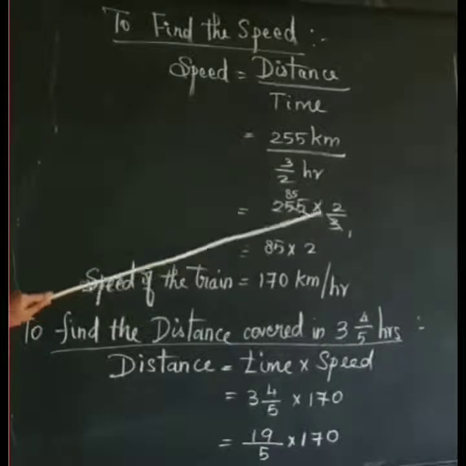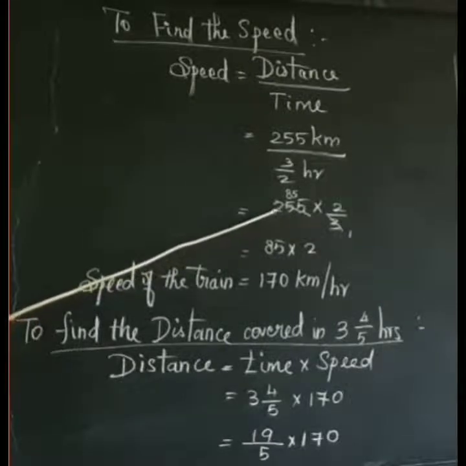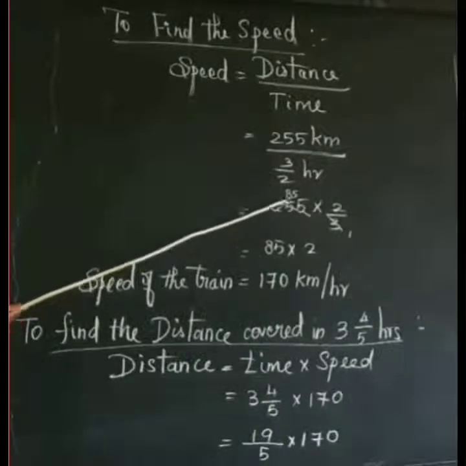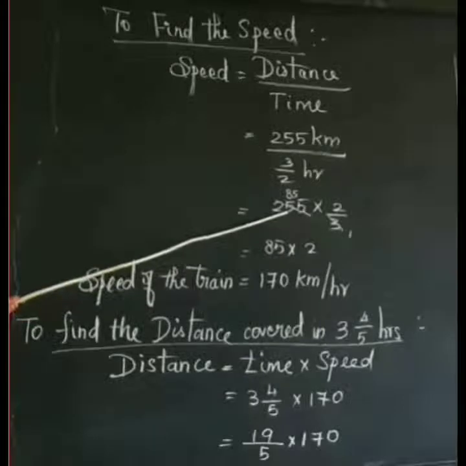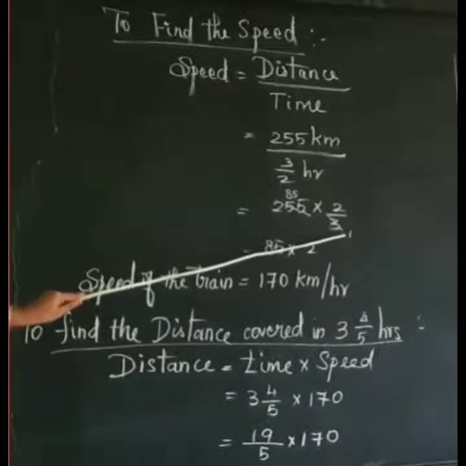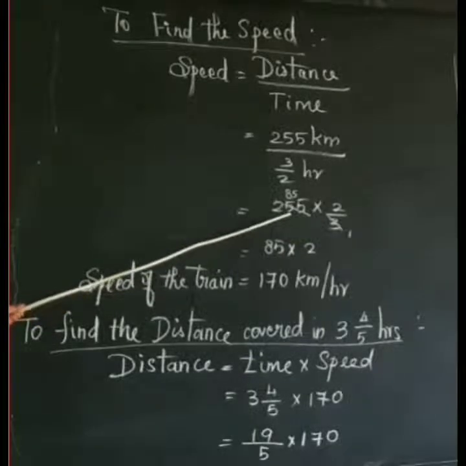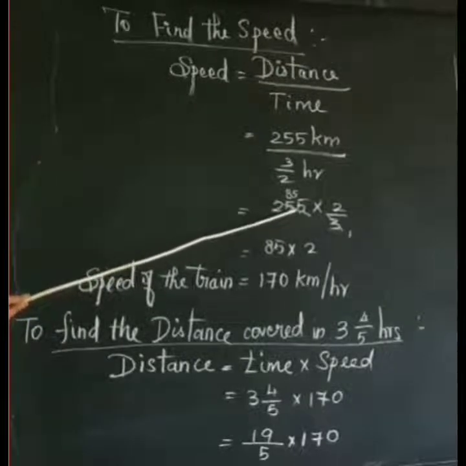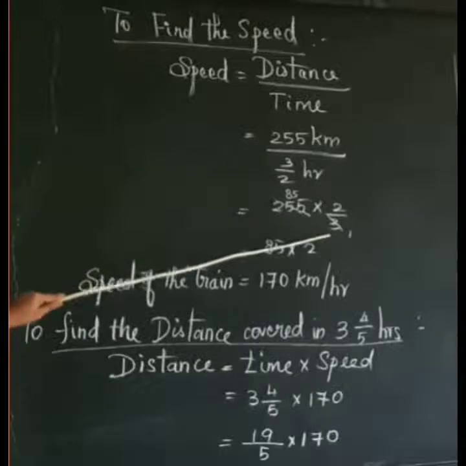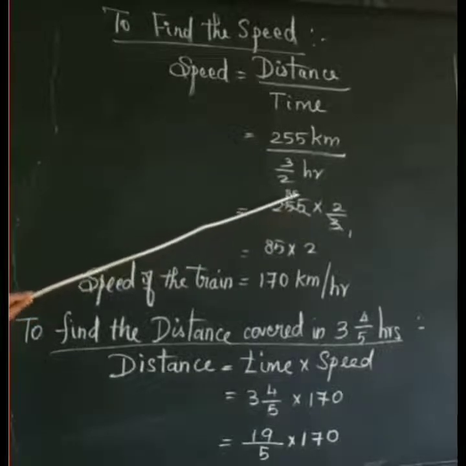So we can cancel 3 and 255 in the 3 table. How to check whether it is possible or not? You have to add the digits. 2 plus 5 plus 5 is 12. 12 is a multiple of 3. So these two are divisible by 3. So 3 is 1 time. Here 2 won't come before 3, 25, 24 is 8 times. The remainder is 1, 15 is 5 times. So in the 3 table 255 is 85 times.